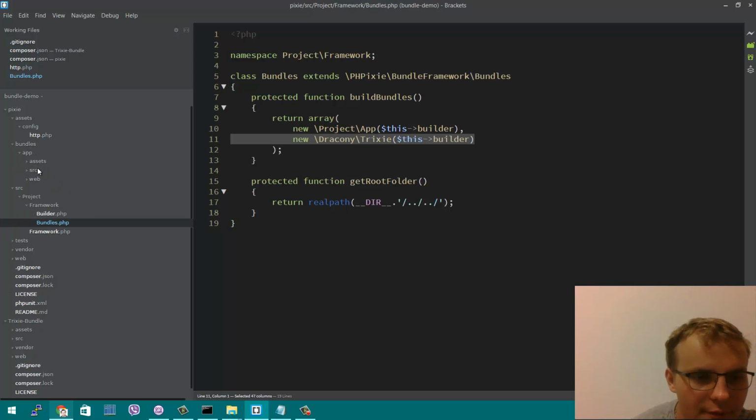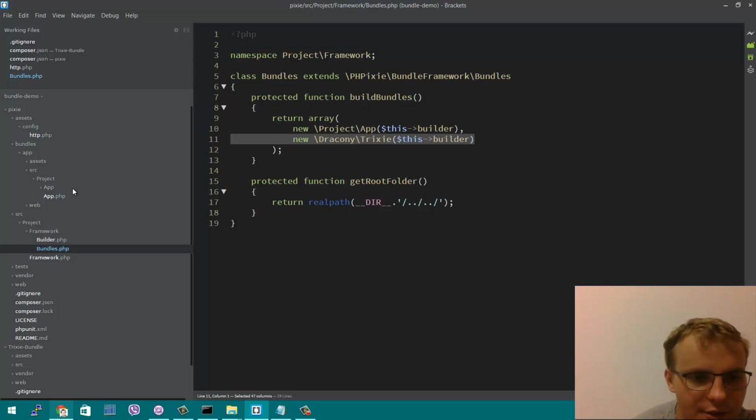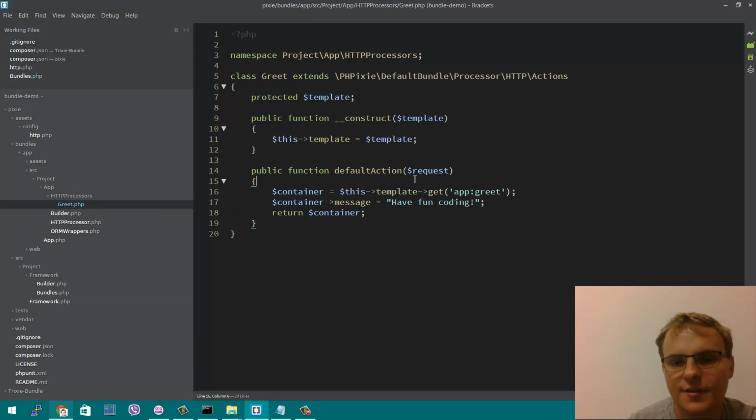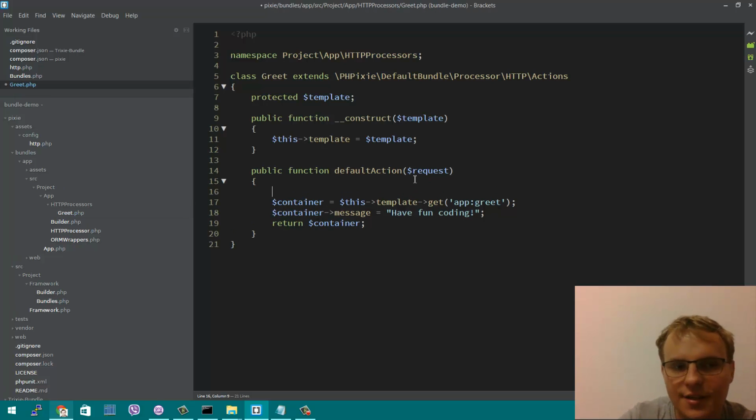Bundles app src project app. So for example, if I wanted to get some information about the Trixie bundle, all I could do was like Trixie bundle